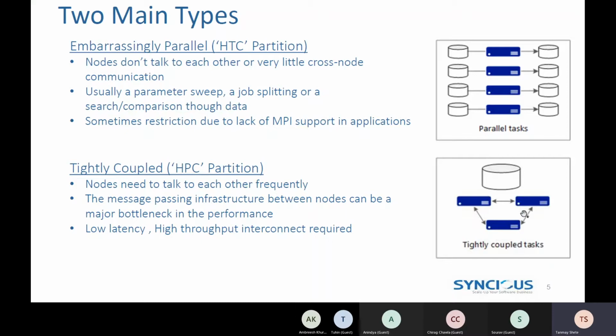Your application should support the MPI kind of protocol. And the interconnect or the network should be low latency as well as high throughput. You might have heard the term InfiniBand. Such kind of interconnect is required in the tightly coupled partition.